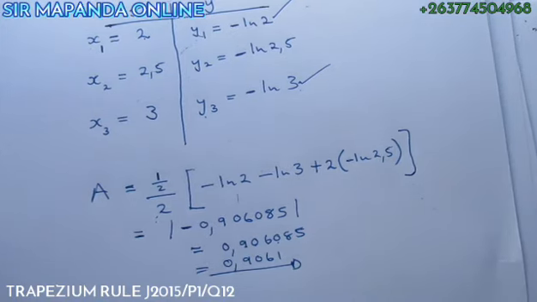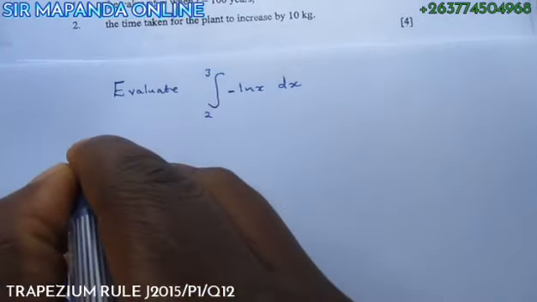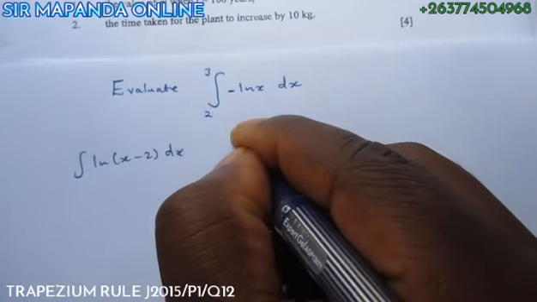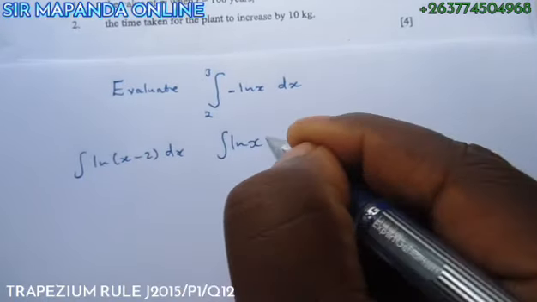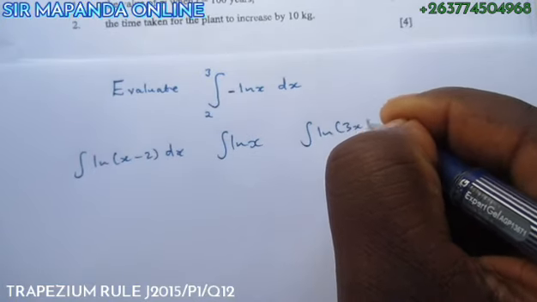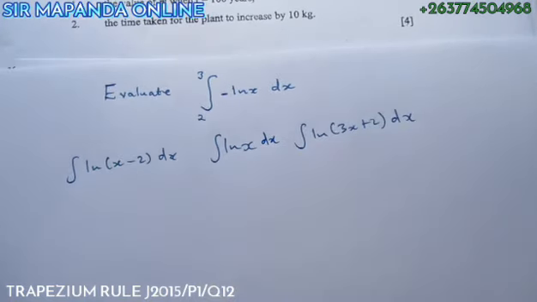Right, so part C of the question is requiring you to evaluate the integral of minus ln x, where 2 is the lower limit and 3 is the upper limit. So there is no direct integral of ln x, right? For you to integrate ln x, like for questions like the integral of ln(x minus 2) dx, the integral of ln x, the integral of ln(3x plus 2) dx, something like this,